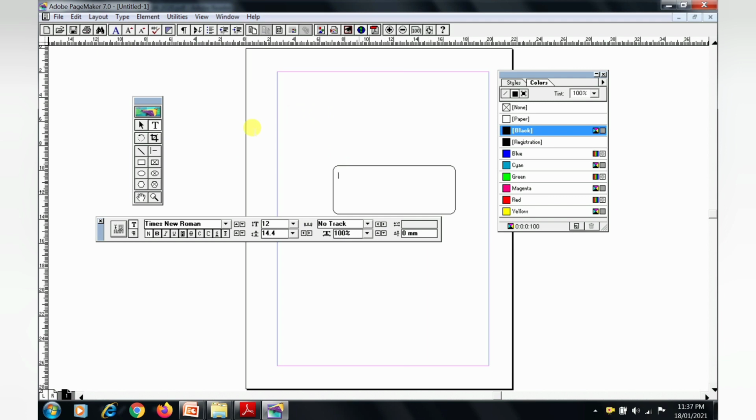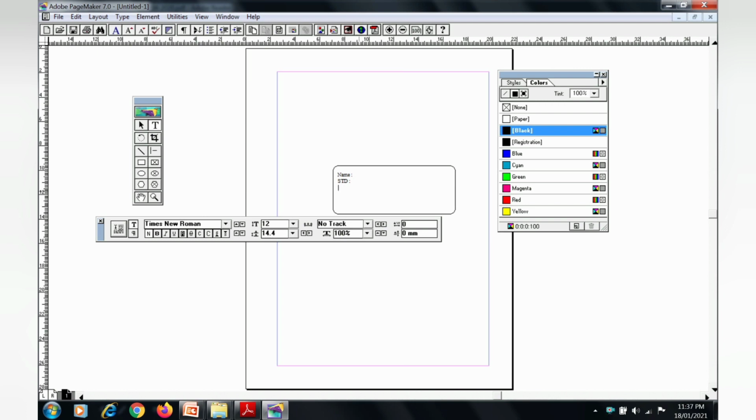Now type the name, type the colon and give one tab space. Then press enter. After that type the standard, std, and colon, give one tab space and then enter.